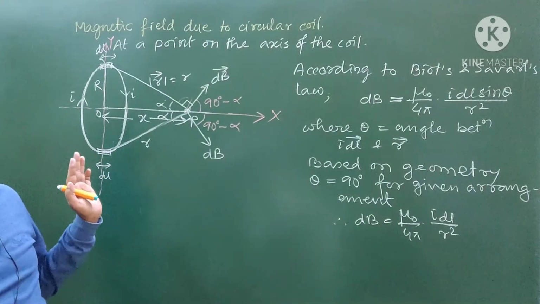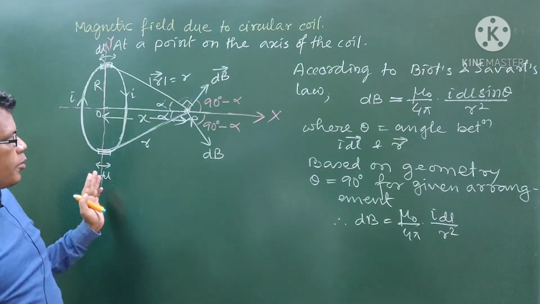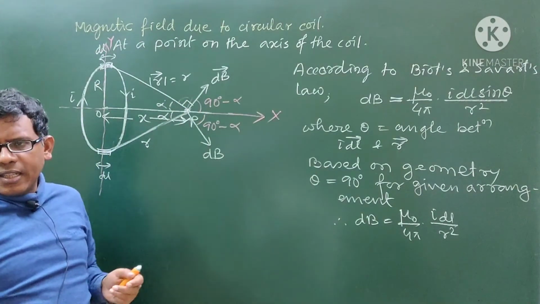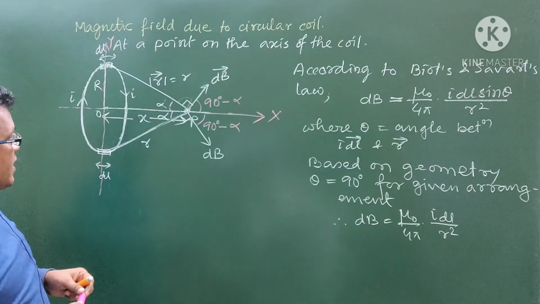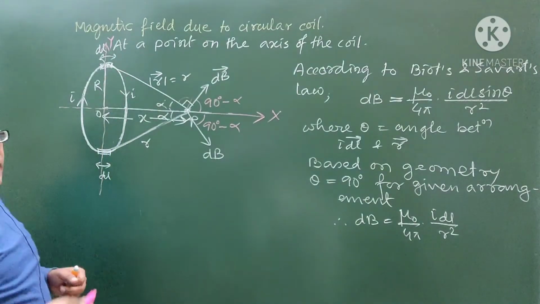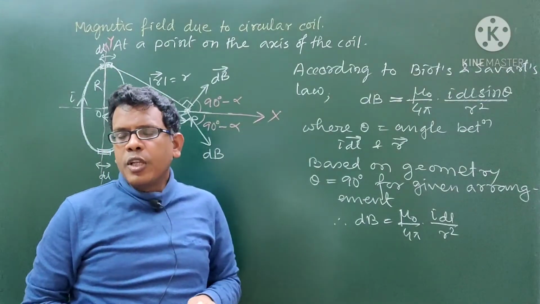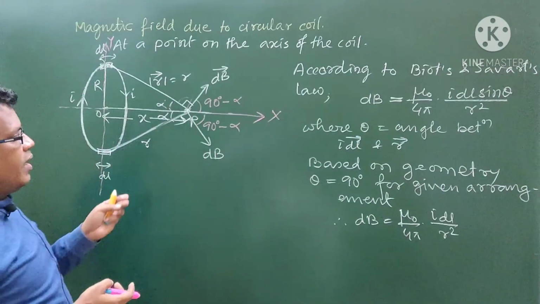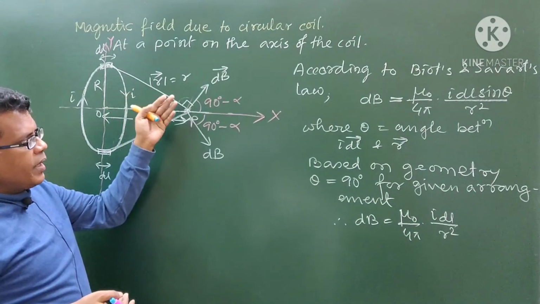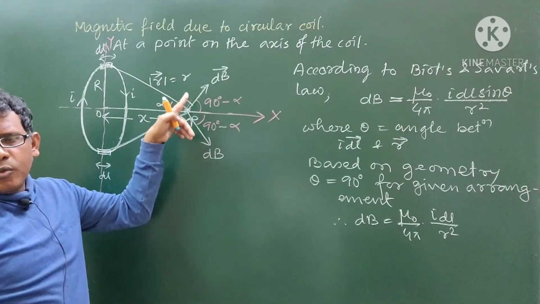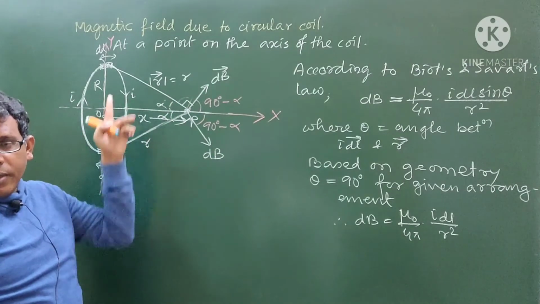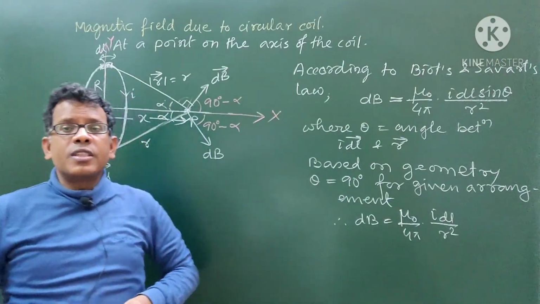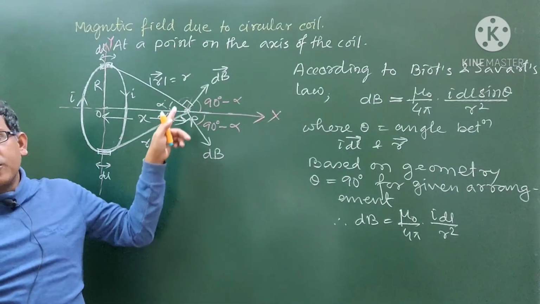For each and every pair of diametrically opposite current elements on one plane, there will be 2 dB at this angle of divergence. So now the question arises: if I take all those diameters, there will be infinite planes, which means infinite possibilities of one pair of dB for one pair of diametrically opposite current elements.